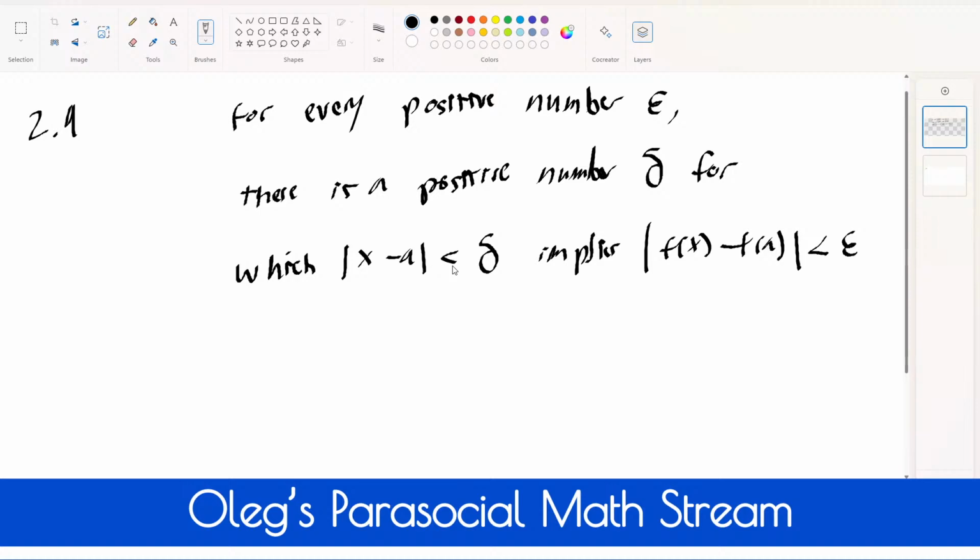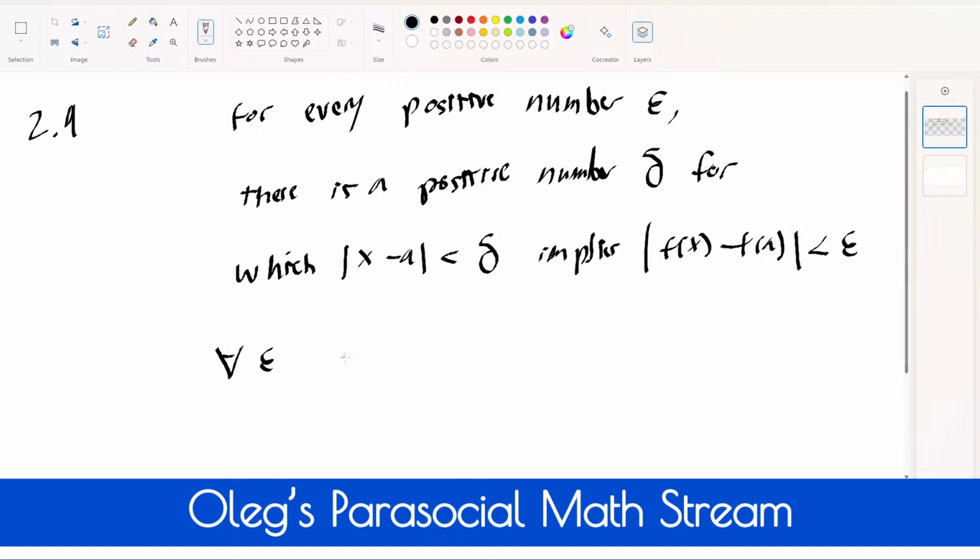So we have to take this statement. This is the epsilon delta definition of a limit, and we are going to be doing this. All right, let's see what we can plug in here. For every positive number e, let's just say for a minute here, for all epsilon and